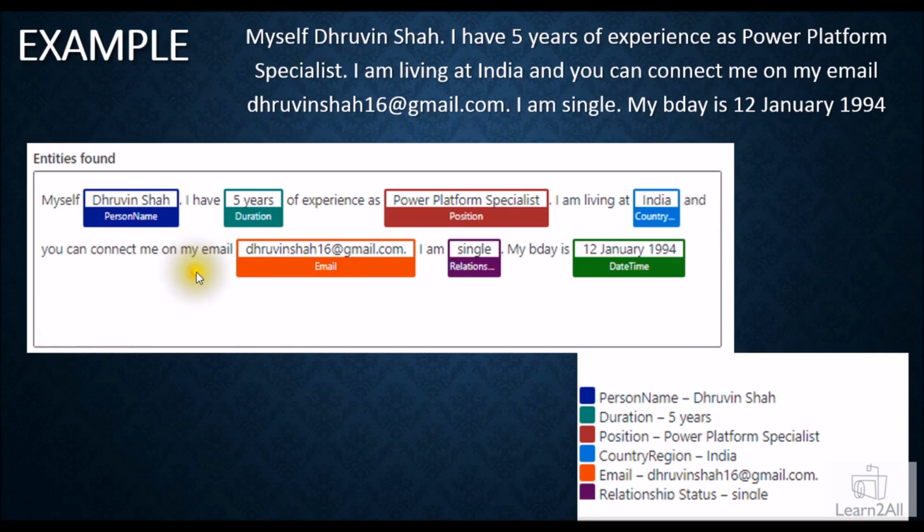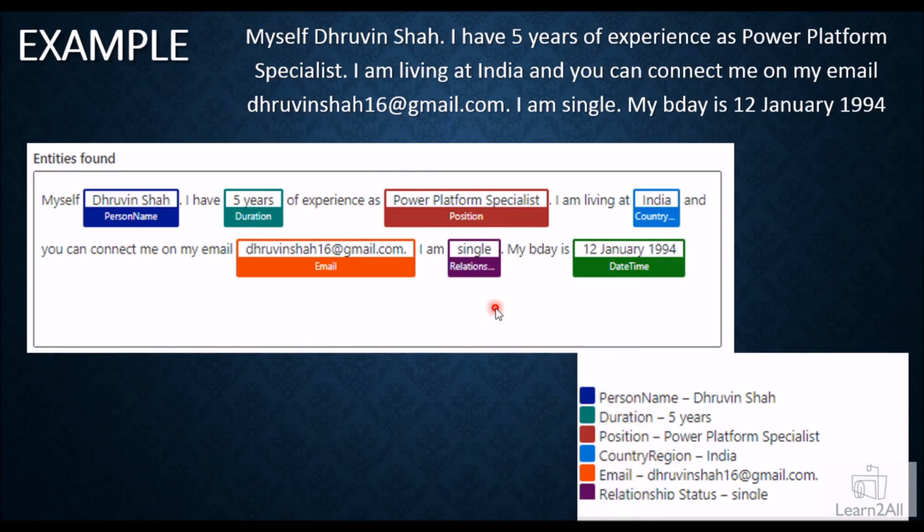Name is useful, experience is useful, position is useful, country is useful information, email is useful information, relationship status is useful, and birth date is important. So what the entity extraction AI model did is extract the data of your document, find out the useful entities from it, and derive the entities like this.